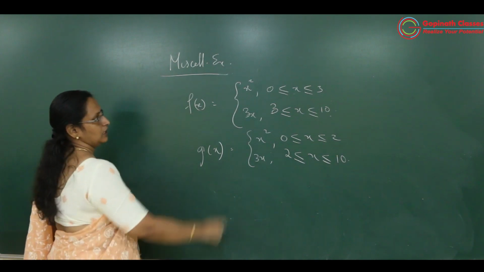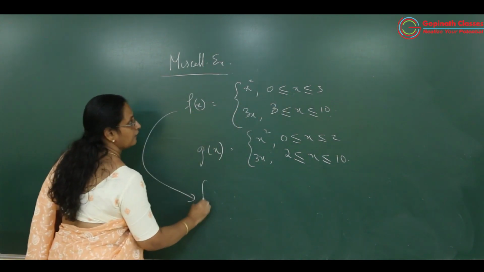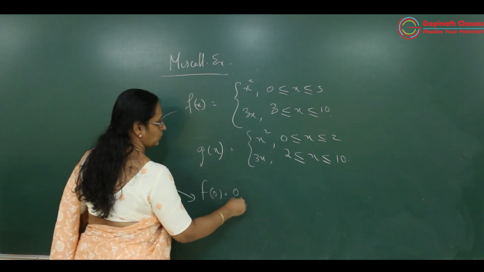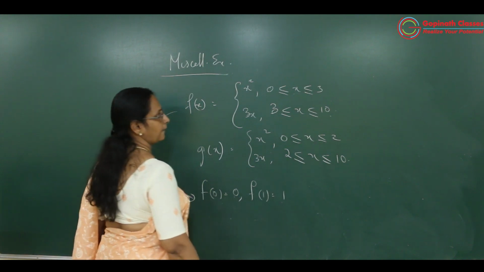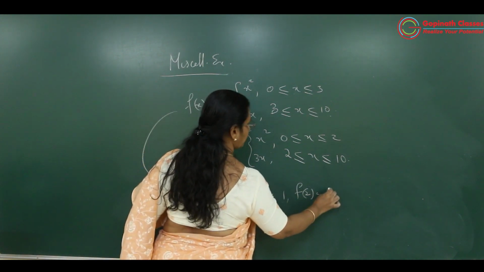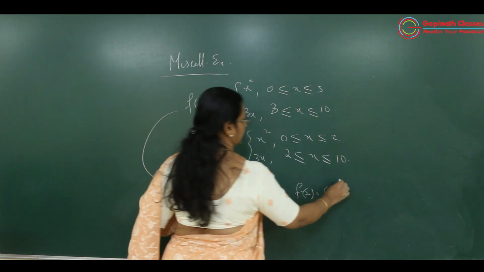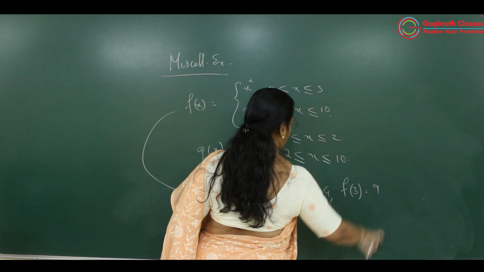f is a function. So from 0 to 3, you give the values in f(x). f(0) is 0, then comes f(1), which is 1, then f(2) is 2 squared, that is 4, then comes f(3), then 3 squared, that is 9,